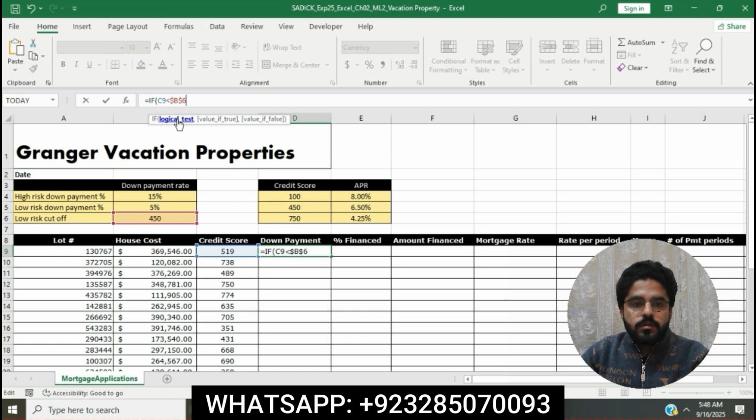We have set B6 as an absolute reference because it is constant,